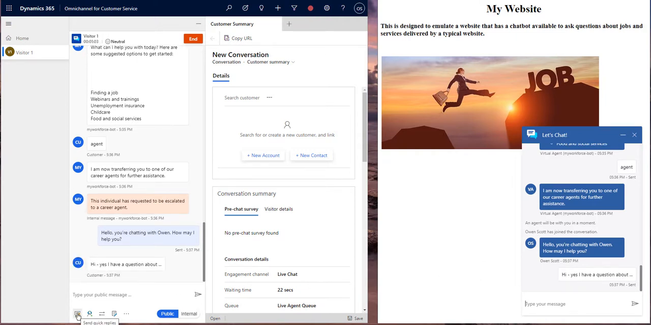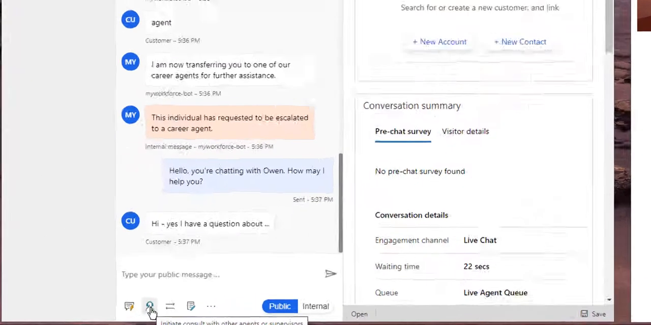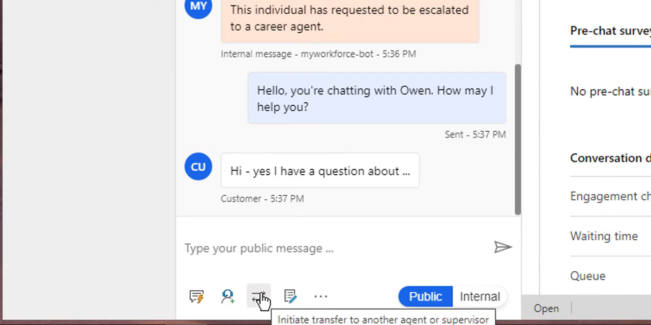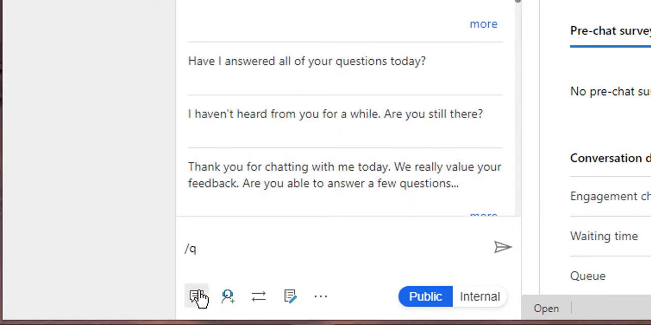And again, there's lots of things that you can do using Omnichannel, such that if you look at this, you can see that I can initiate a consult with other agents or supervisors, which actually means that they will join the conversation in the background. The customer won't see it. I can also initiate a transfer to another agent or supervisor, in which case I can make use of one of the automatic